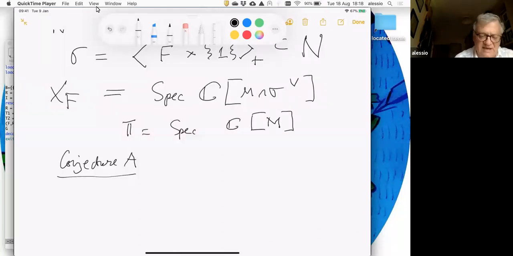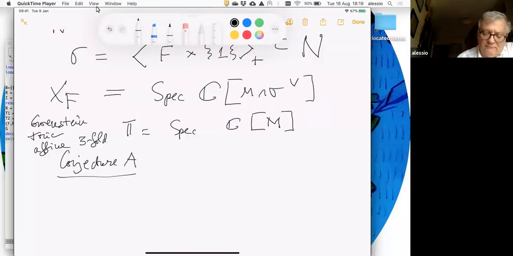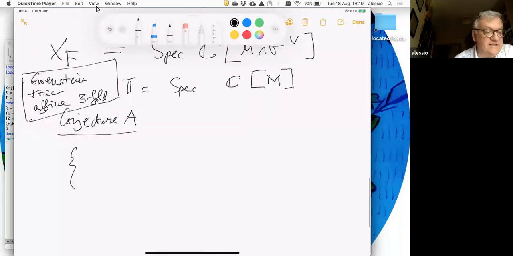Okay, so this X here is a Gorenstein toric affine threefold. And conjecture A states that there is a one-to-one correspondence between the set of smoothing components